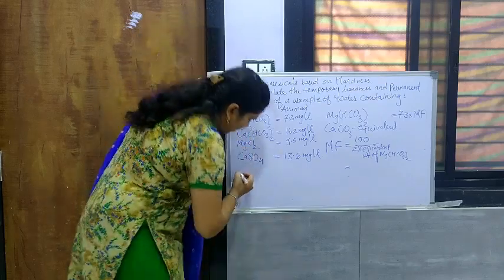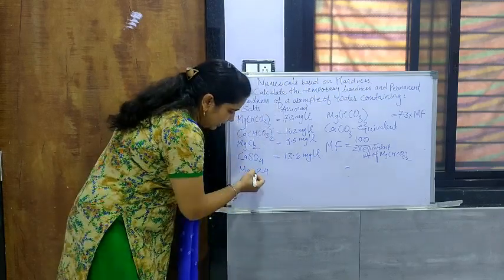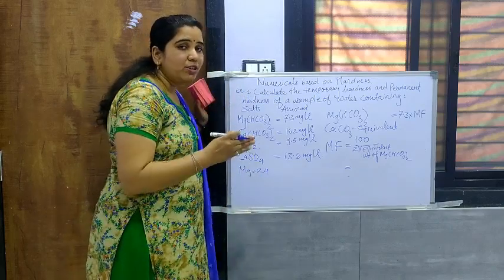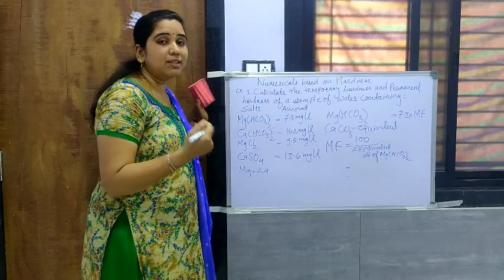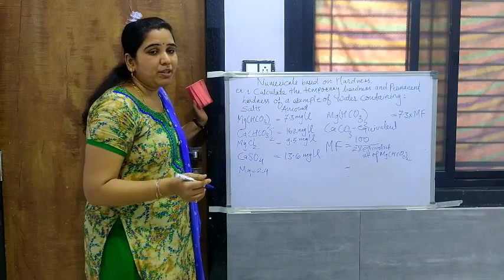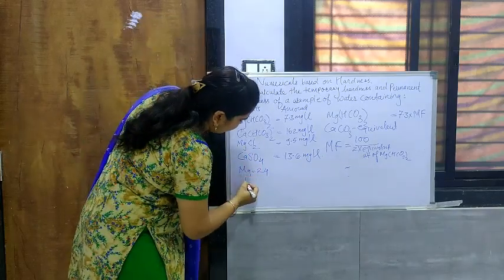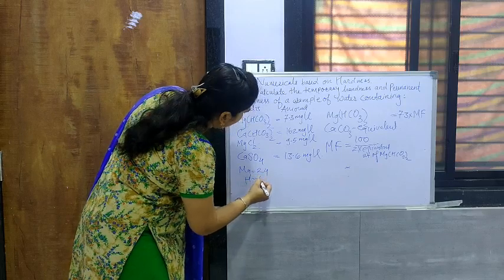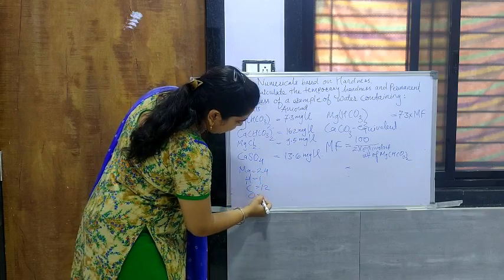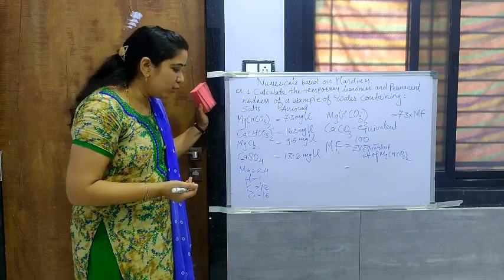For example, magnesium has atomic weight 24, that is the presence of protons plus the presence of neutrons, which is considered as the total atomic weight, generally double the atomic number but not all times. So magnesium 24, then hydrogen has atomic weight 1, carbon has atomic weight 12, while oxygen has atomic weight 16. So we just have to put these values in the formula and get the molecular weight.